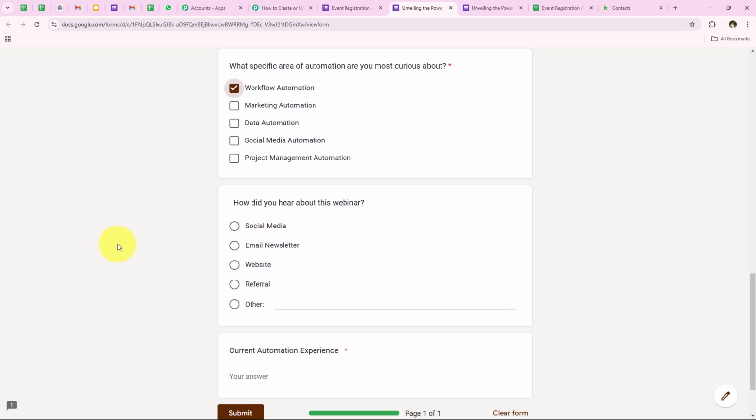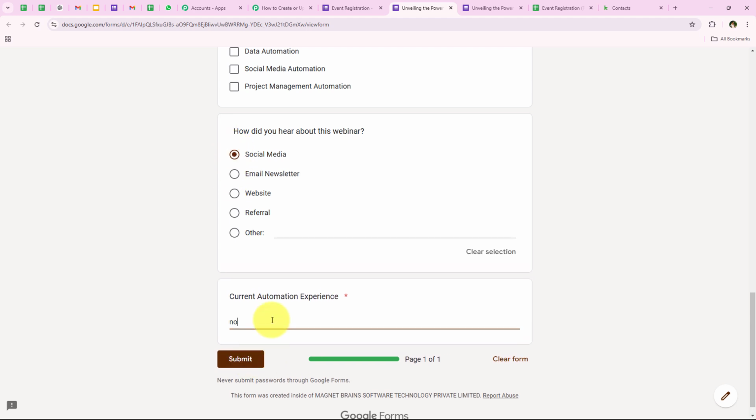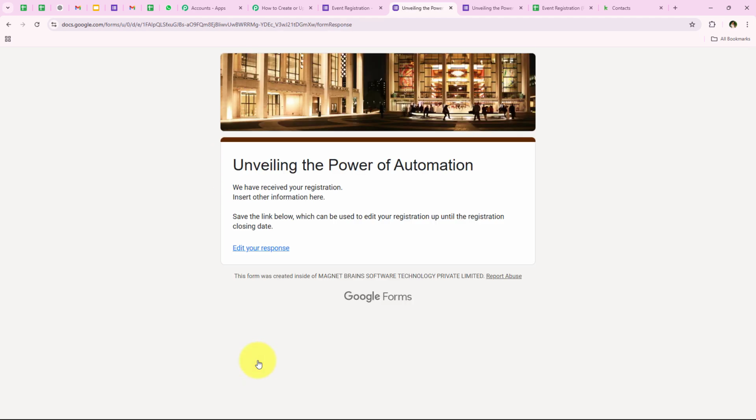Over here, we are going to keep it as workflow automation, social media, and over here we are going to keep it as no. And then we are going to click on submit. And as soon as we're going to click on submit, yes, you can see that with this we have successfully did another test submission. And now what has happened is that Google Forms has sent the details of our test submission to our workflow. Pabbly captured the response, triggered the workflow, and further created a new contact in our Keap account. So what I'm going to do is I'm directly going to open my Keap account and check for the